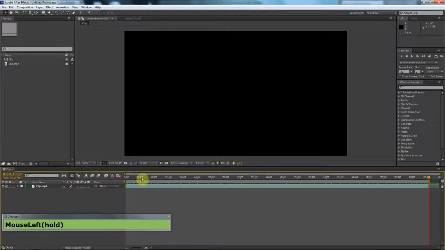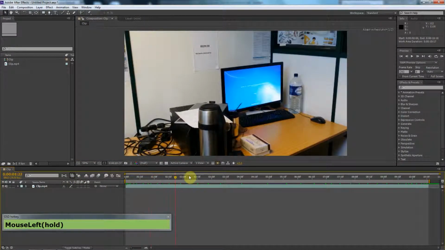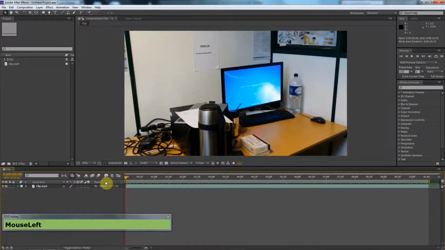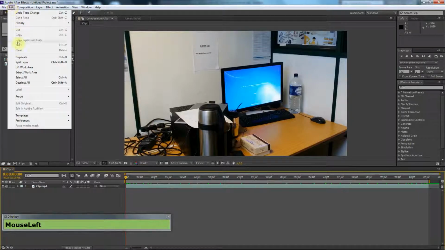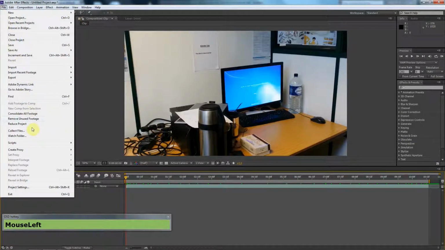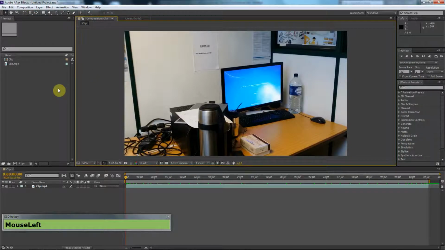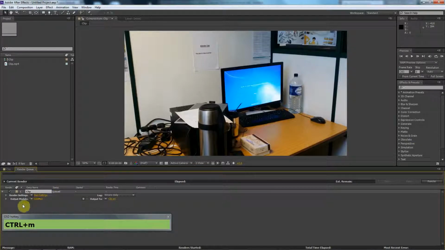Okay, so we have the caps lock on. We have to extract every frame as a separate image. How do we do that? We need to start rendering this. To do that, I believe it's Edit or File, Export. No, actually, it's in Composition, Add to Render Queue. Control M is a shortcut. Once you know the shortcuts, you don't really need to look for the menus. So Control M sends it to the render queue,